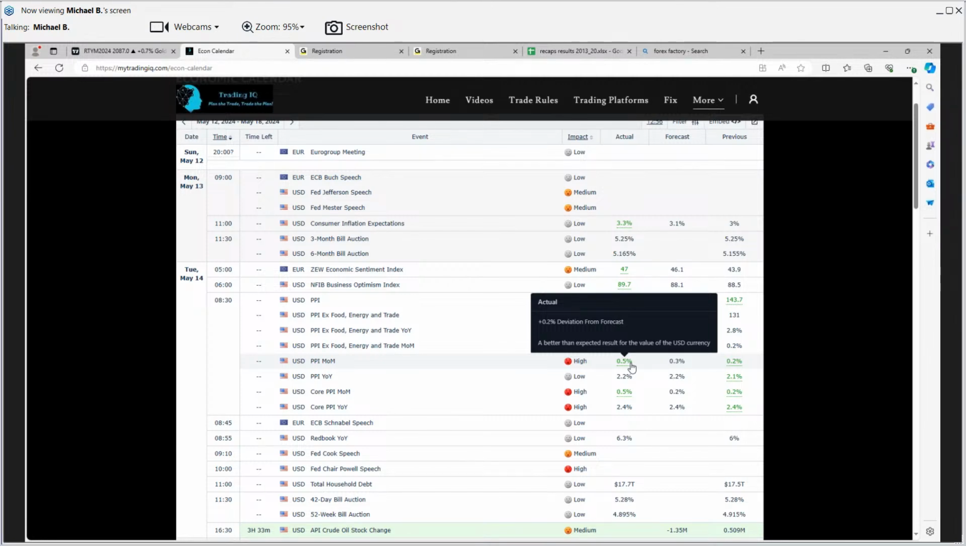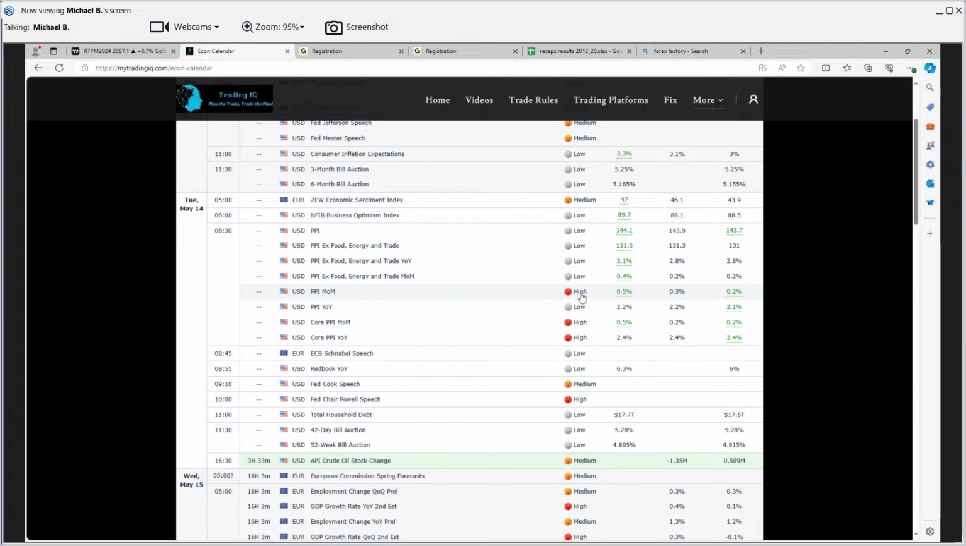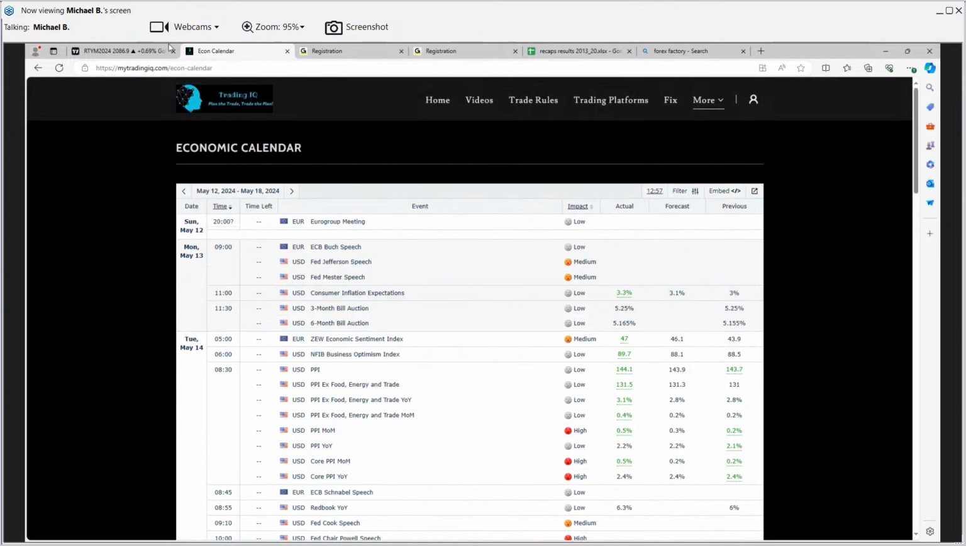It's a better than expected result for the value of USD currency. Yeah. Okay. Yeah, that is not necessarily true. I mean, what that means is it costs the producers more to make stuff, so that's going to come back to us. CPI is coming out at the end of the week. That's the one for us, and that's going to be way higher, and they're going to say that that's good, and you know that it is not. Anyway,